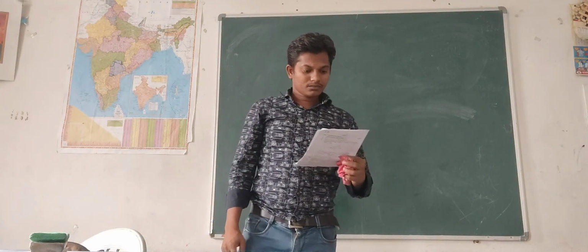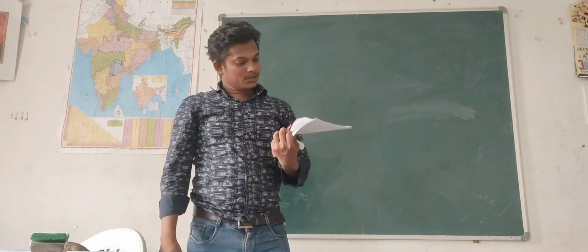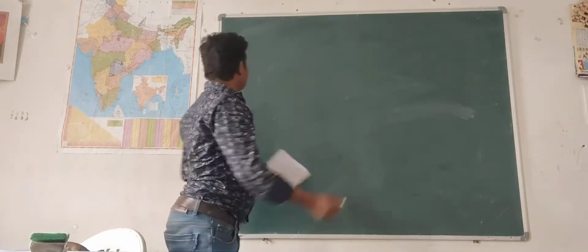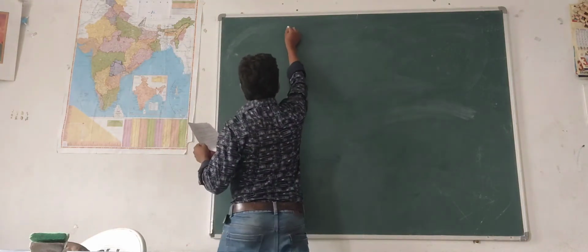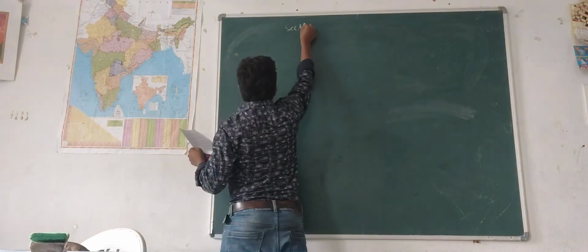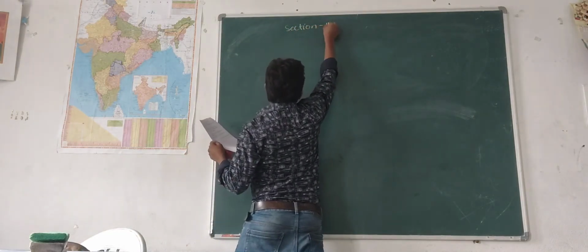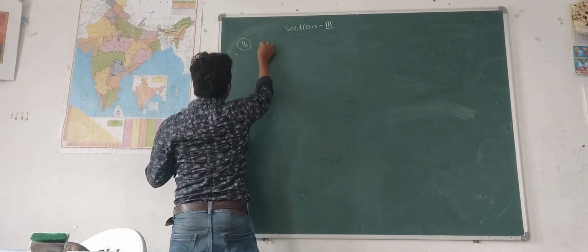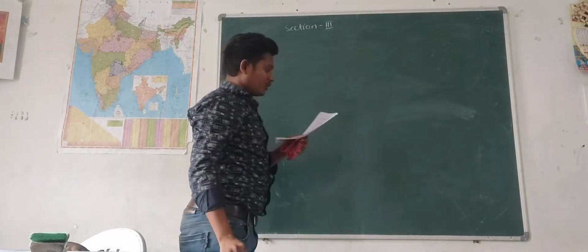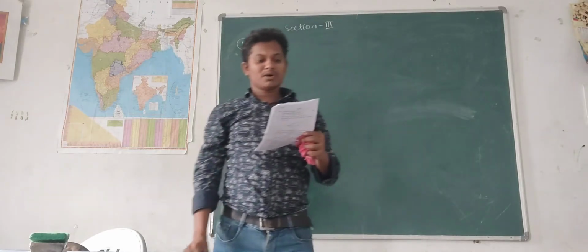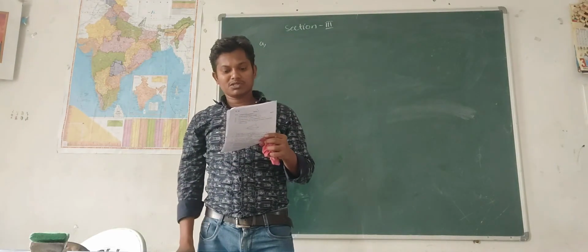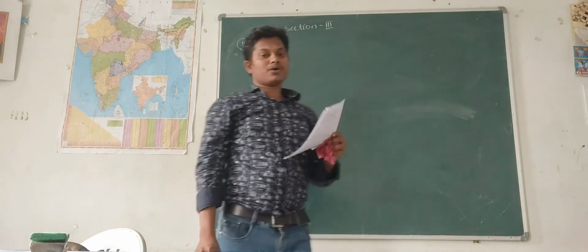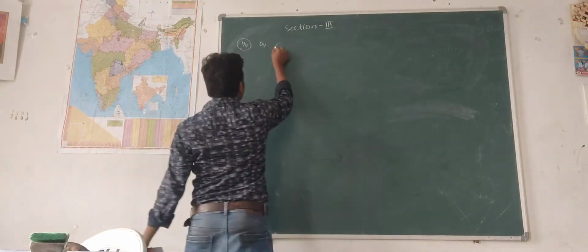Now, section 3, 16th one A. Plot the points 2, 3, 6, 3 and 4, 7 in a graph sheet. Join them to make a triangle. Okay, we have been given these points.